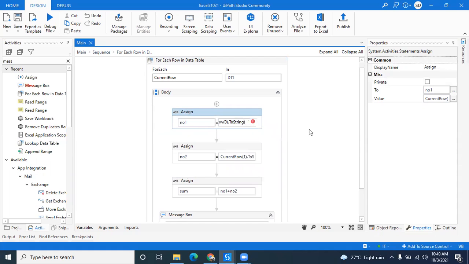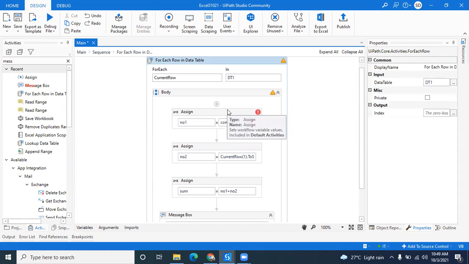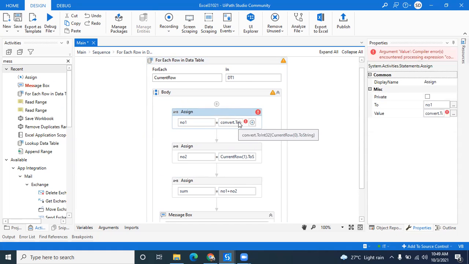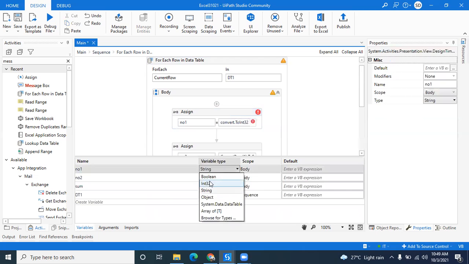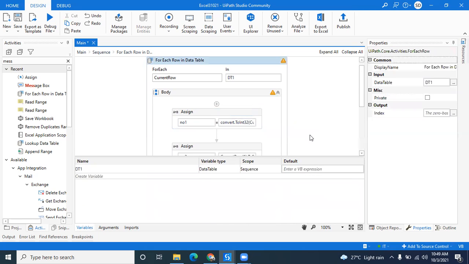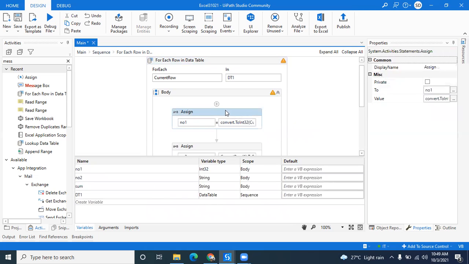Sir, can you please repeat how to convert that string into an integer? I'm just using Convert dot ToInt32. That is the only thing I'm doing. The variable type is string, so I should convert that into an int type. Understood? Okay, sir.